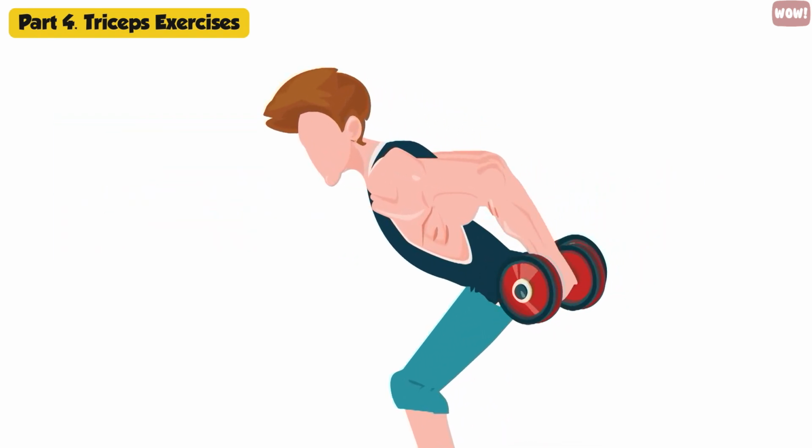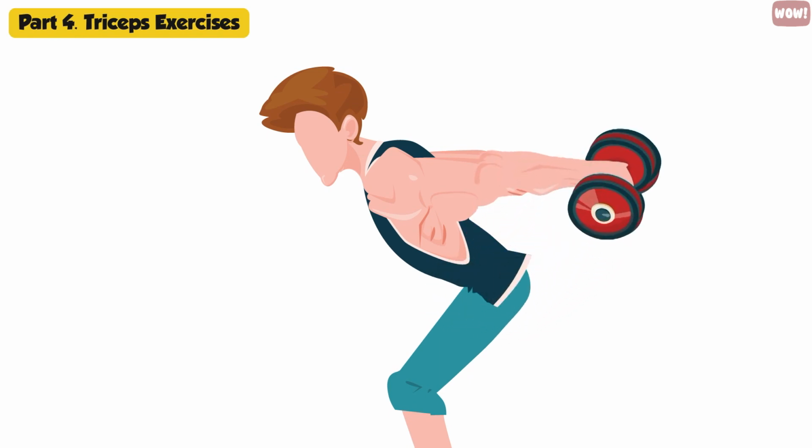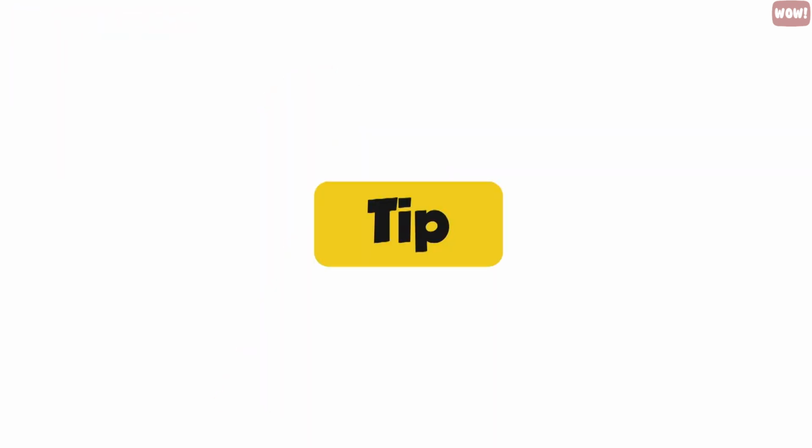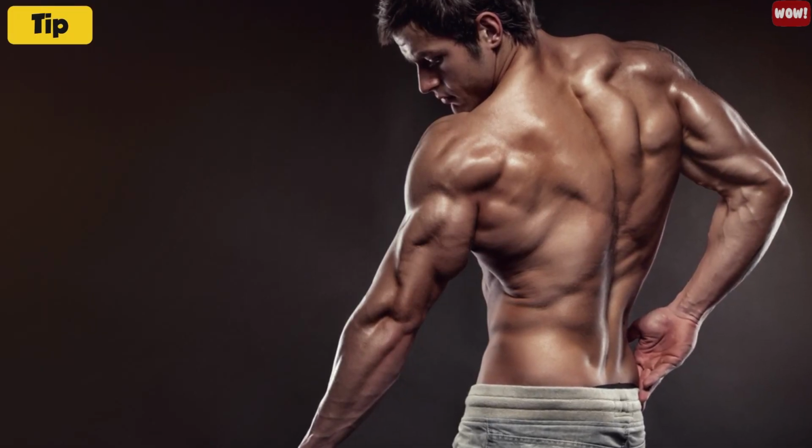This is another exercise that will take practice so that you do not use your shoulders or muscles other than your triceps to move the weight. Tip: all these exercises will all make your arms bigger, but there is still one part of the arm that